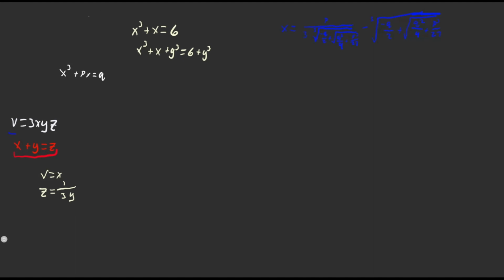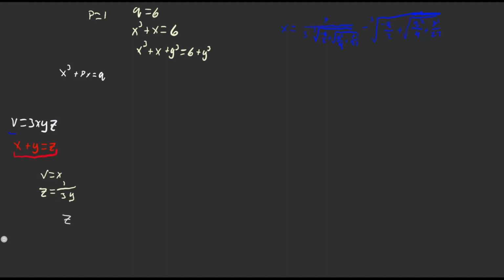Since p is equal to 1 and q is equal to 6. Or we could just plug it into the solution here, but we're going to complete the cube since that's what this video is mainly focusing on. And we are going to go ahead and just continue completing the cube. And we will get